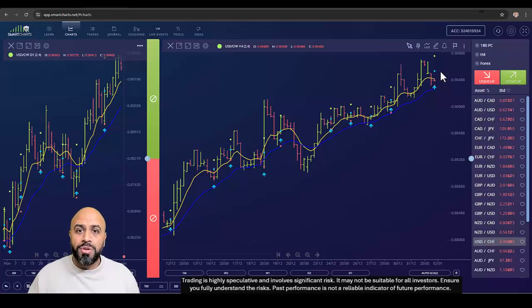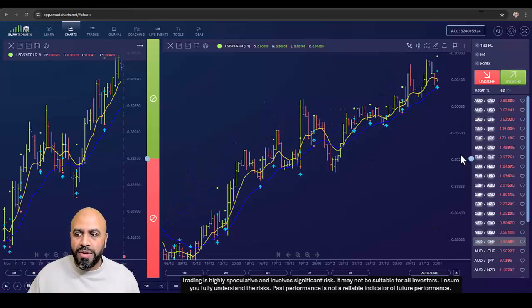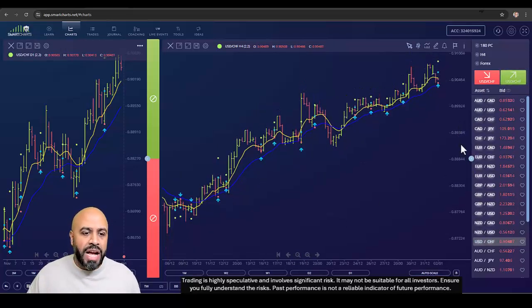Now I like to use moving averages, not everyone does, it's completely fine. There's many different technical tools out there that you can use, and people gel with different tools, but I like to use moving averages in all the different types of trend strategies that I trade with inside of SmartCharts. And in particular, I like to trade when I'm in the moving average zone. So what is the moving average zone? Well, basically your moving average zone is being on the yellow line, on the blue line, anywhere in between that is what we call the moving average zone.